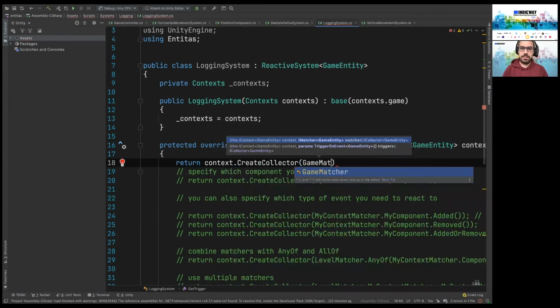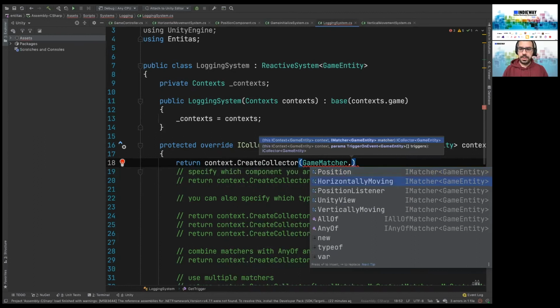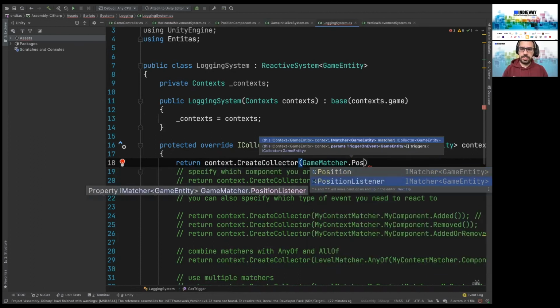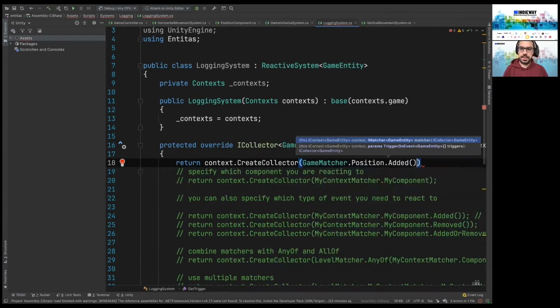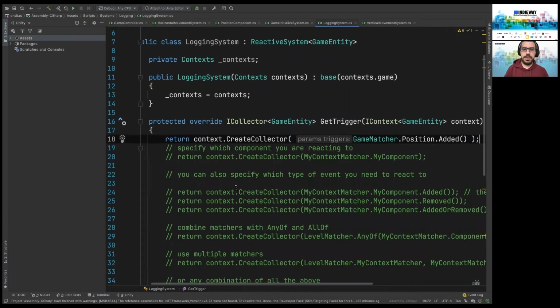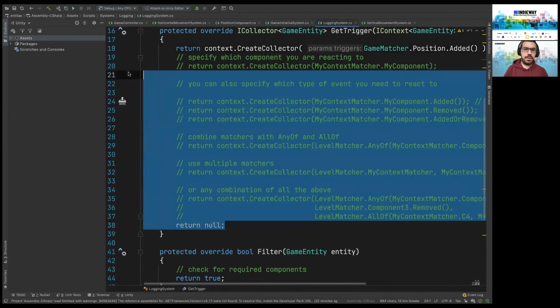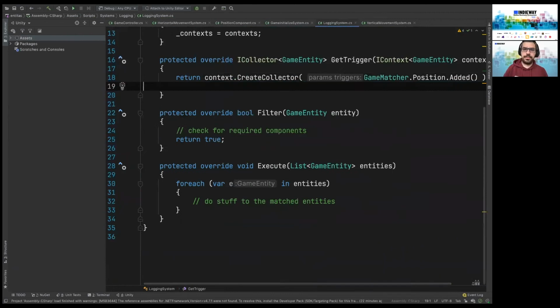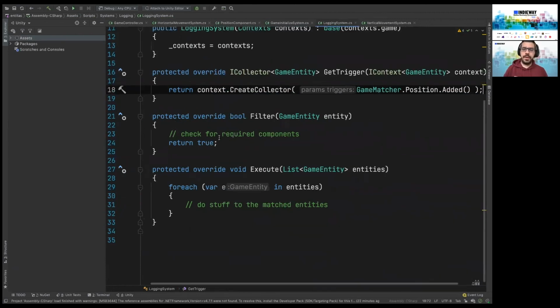Game entity. Game matcher. I've created a group. And when the component is added, it is going to populate it. I don't need this part.